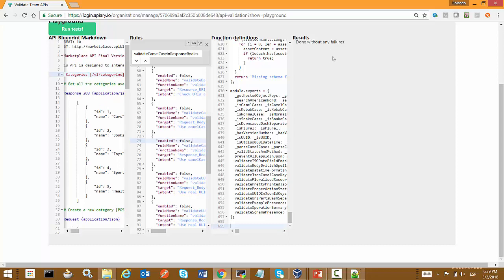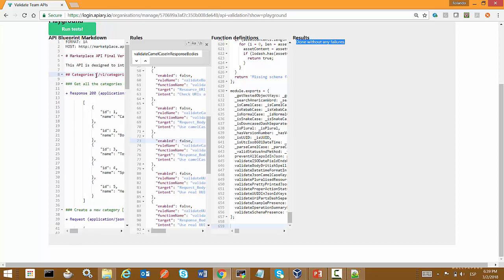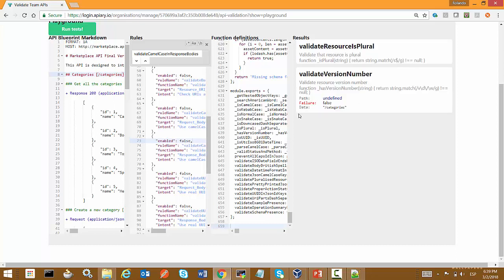Then I have a completely right API definition.